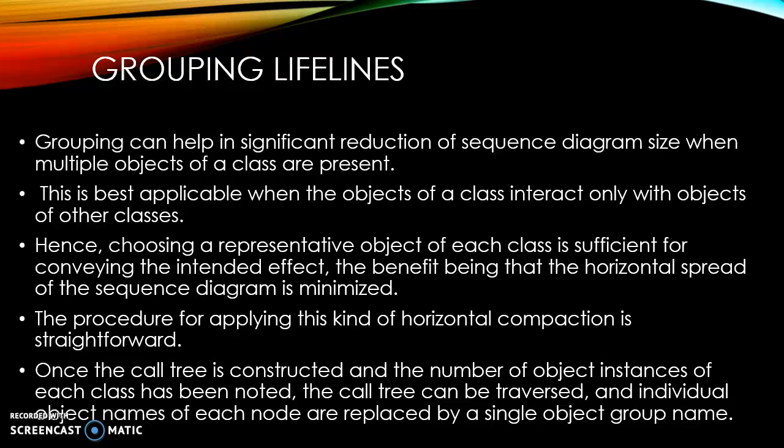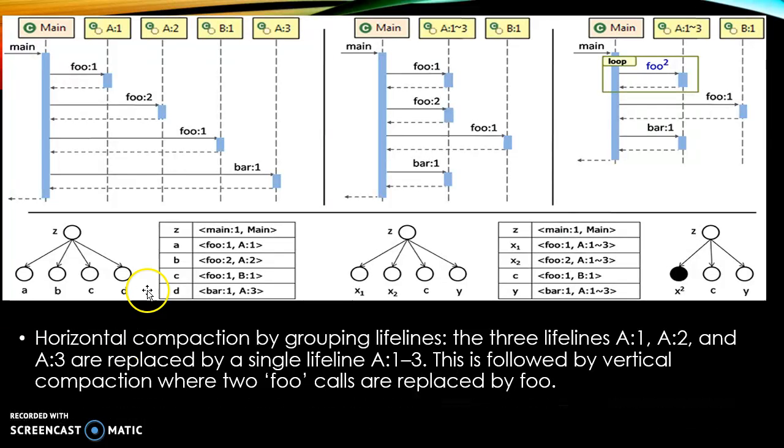The procedure for applying this kind of horizontal compaction is straightforward. Once the call tree is constructed and the number of object instances of each class has been noted, the call tree can be traversed and individual object names of each node are replaced by a single object group name. Here, in the horizontal compaction by grouping lifelines, the three lifelines A1, A2 and A3 are replaced by a single lifeline